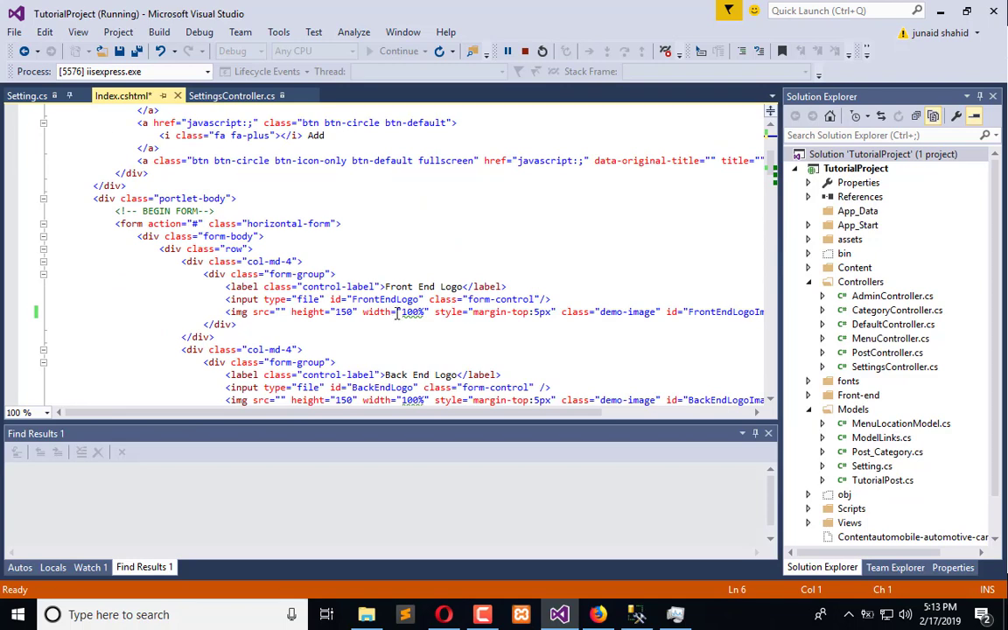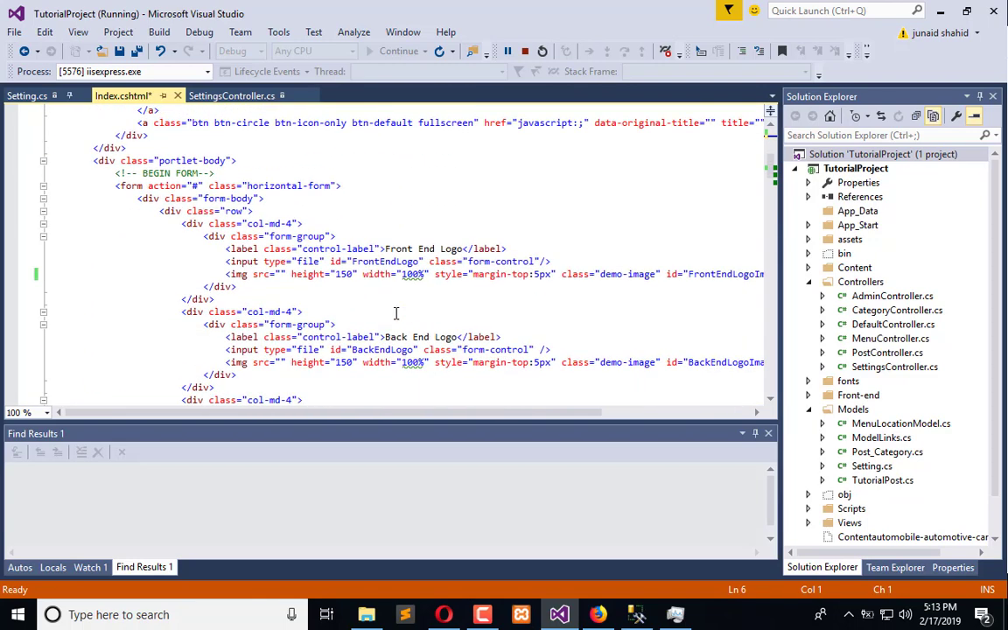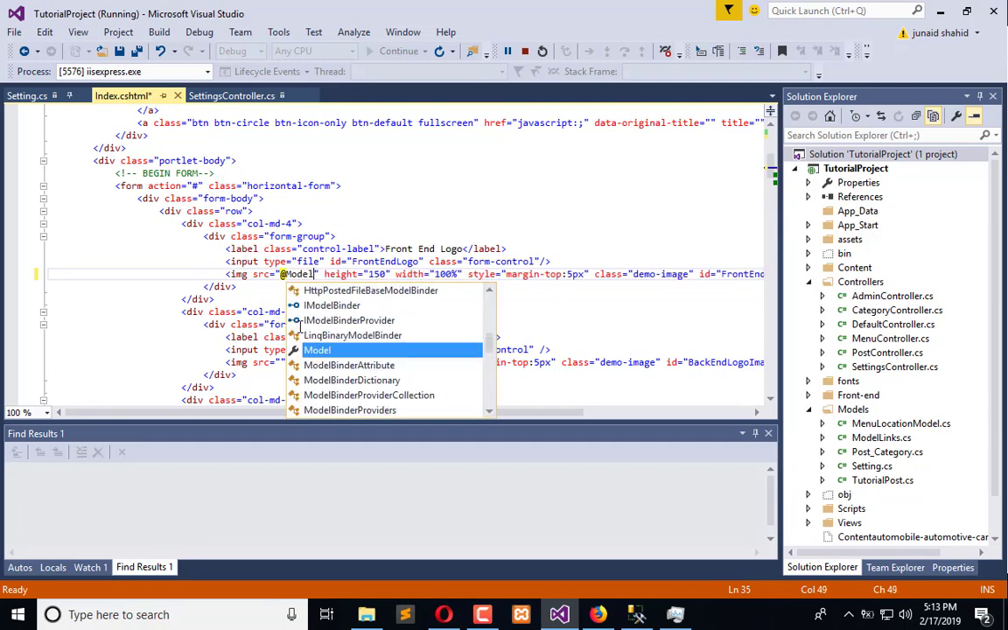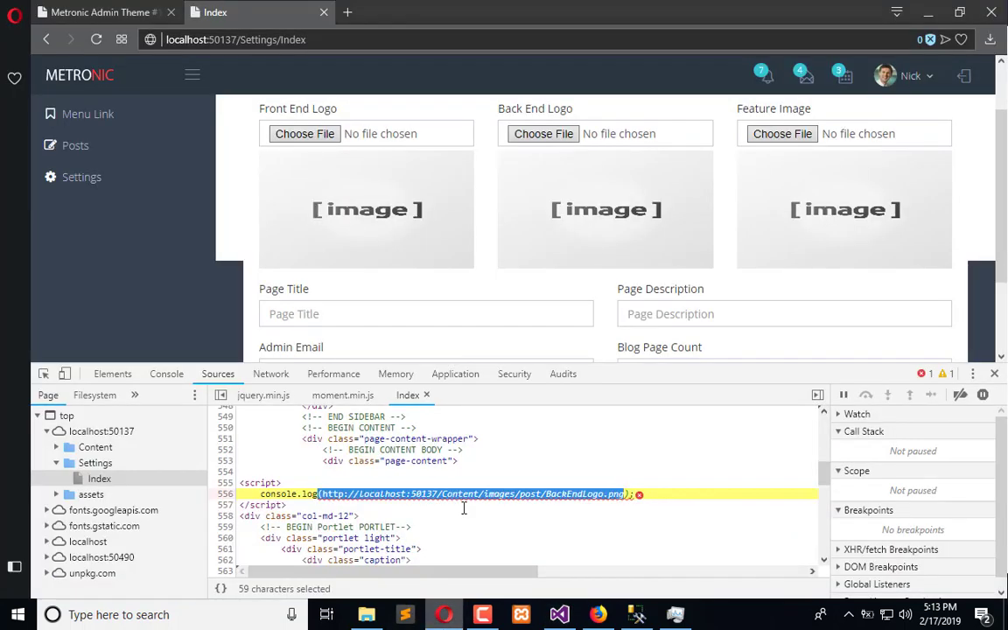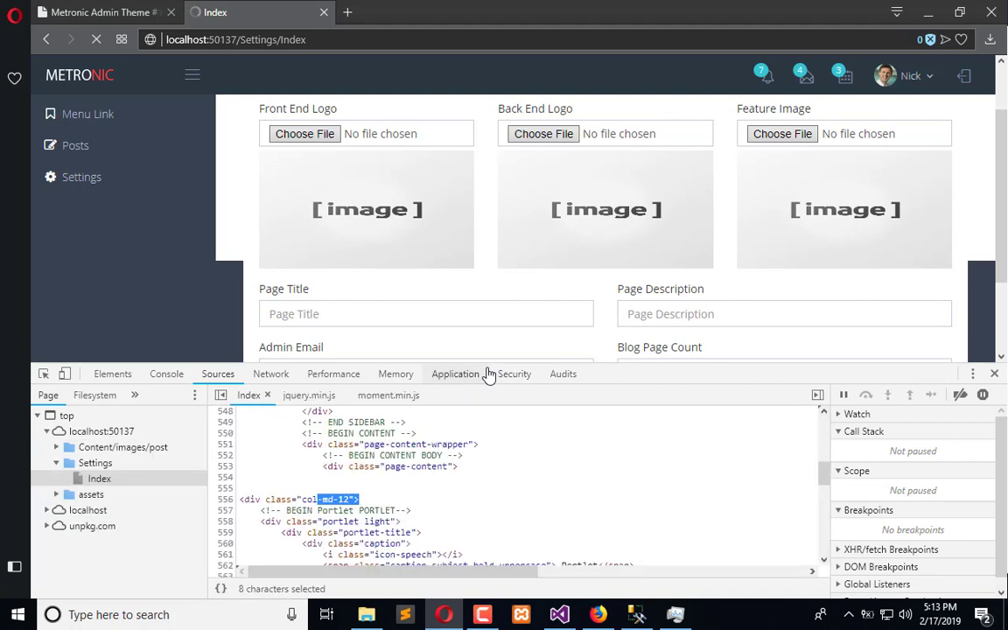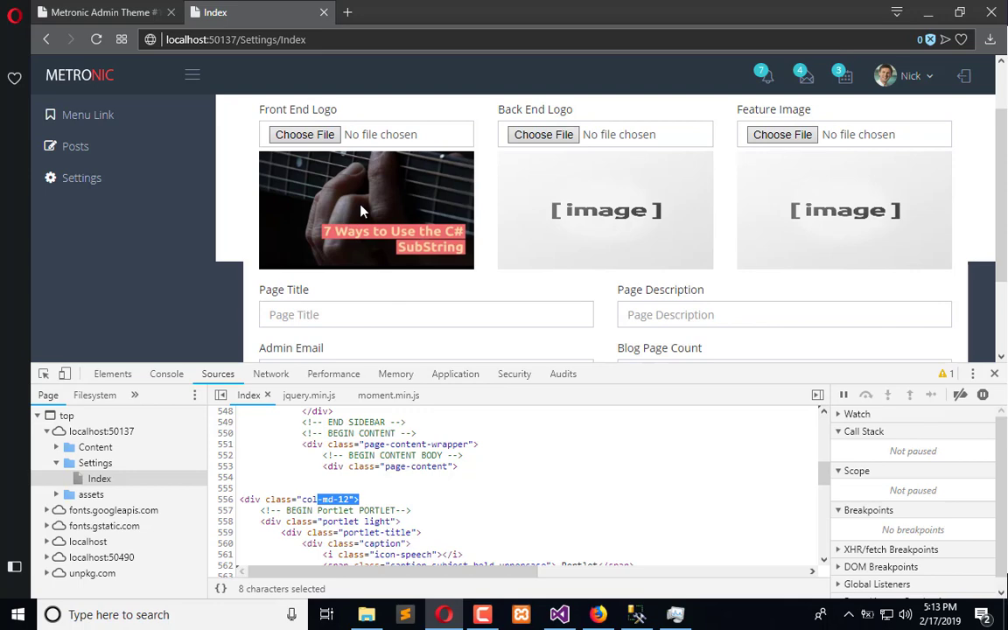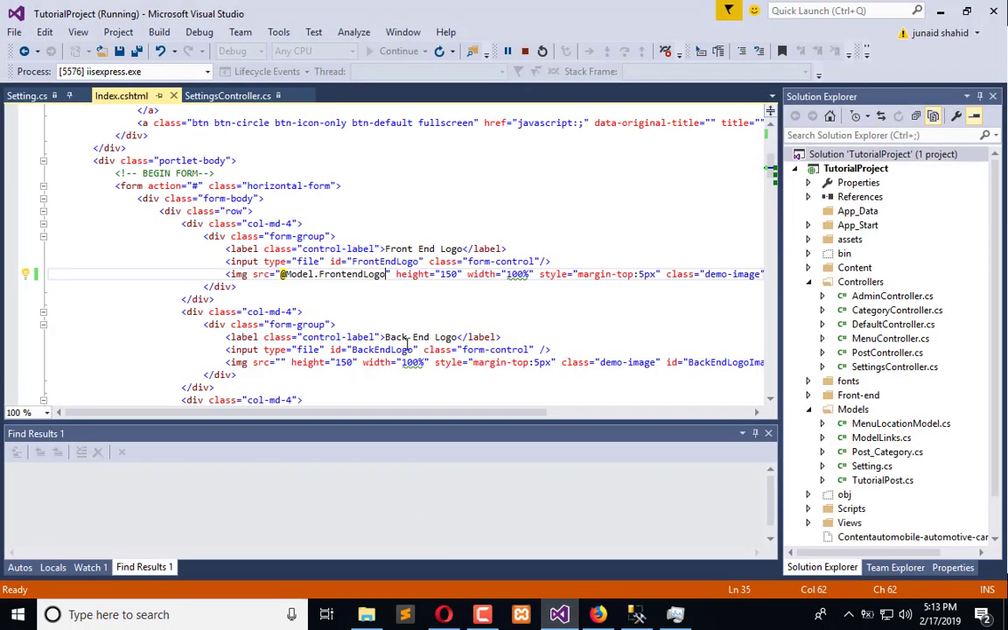In the front end logo, we are going to add in the source model dot front end logo. Save it and refresh. Okay, here you can see the information is implemented. Now do this with all